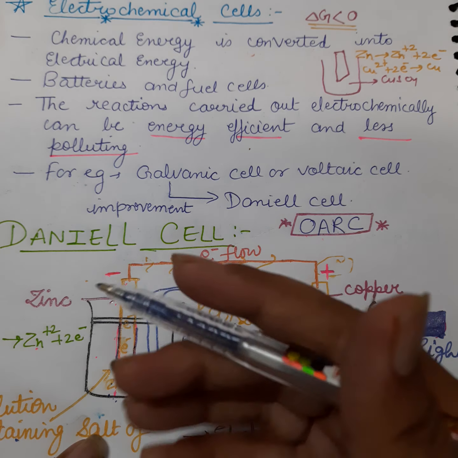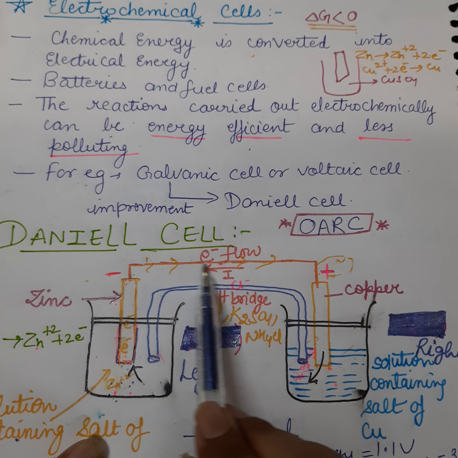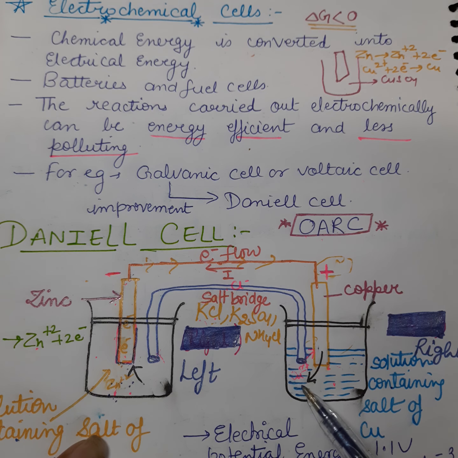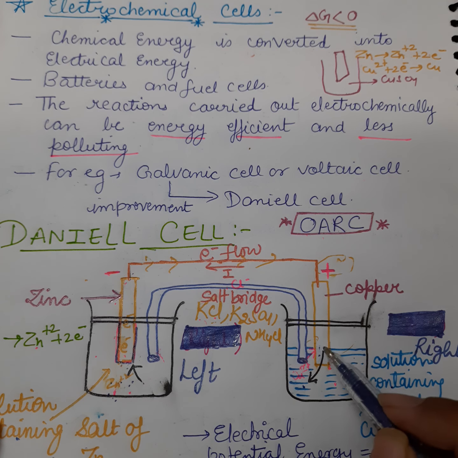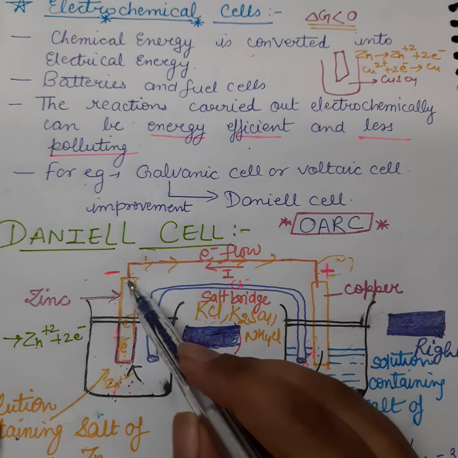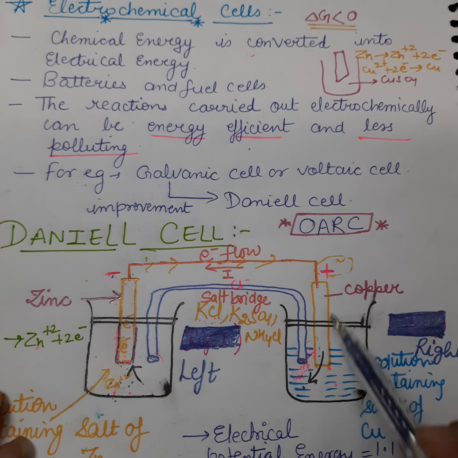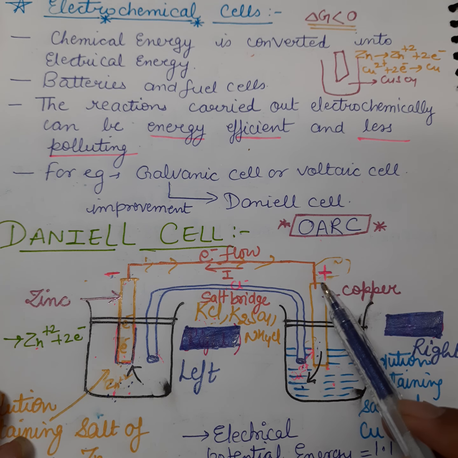Now if there is a bulk of electrons, then what happens? The electrons move through the connecting wire to the copper rod. Then what happens? There are the ions of Cu2+. If the electrons are coming here and Cu2+ is positively charged, then they attract each other. Then this Cu2+ ion gets attached to this rod. Alright, so here the negative charge rises up. That's why I put the negative sign over here. And here we can say the copper gets attached to this rod. Then what happens? This is the positive rod here.